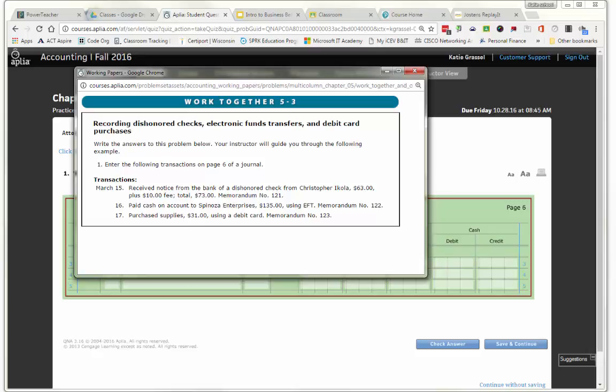A restrictive endorsement says this is the only thing you can do with the account. So the only thing you can do is deposit it into this bank account. Okay? A special endorsement is where you transfer ownership from one person to another. The other thing that we did is we went through and filled out actual check stubs and checks in section